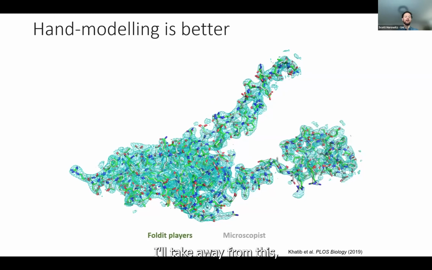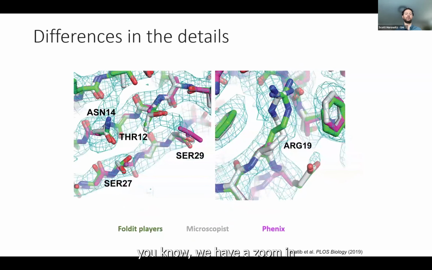overall takeaway from this, from an initial 1,000-foot view, was that the hand modeling was still clearly better. This was in 2019, so of course, things change between now and then. But both hand modelings were still considerably better. And from a long distance perspective, you wouldn't really be able to tell much of a difference between them. You really have to look at the details to start seeing it. So if you go to the next slide, we have a zoom in, just comparing that,